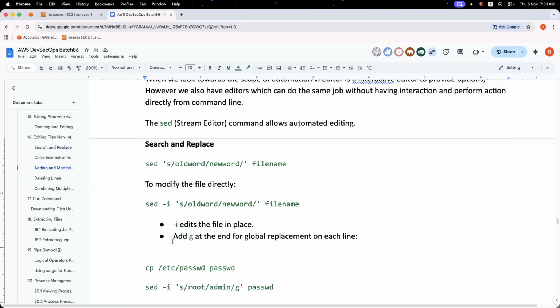Now we start with search and replace. You can give the sed command, some internal subcommand, and the file name. It will try to do the modification, but it is actually going to perform on the output of the screen, and it will not just go and directly modify the file. So here it is going to do a search and